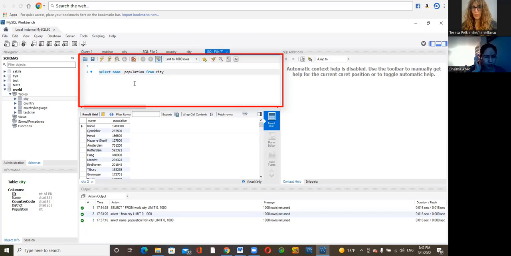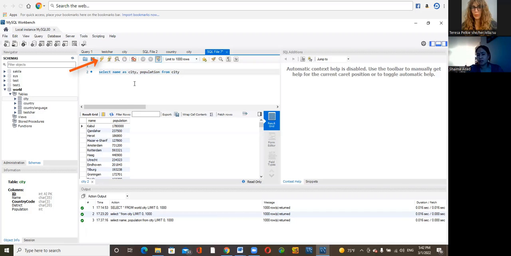You want to use the keyword as, type that in, as. This is how we create an alias: as city, space city. Now you put a comma. Okay, so what we just did, we said select name as city, meaning it's going to show up as city. Now, if you run this query by clicking on that yellow lightning bolt,